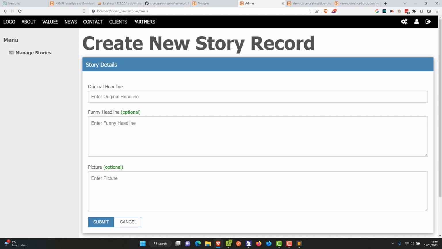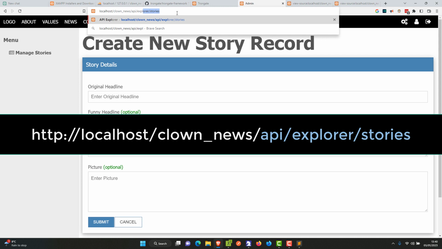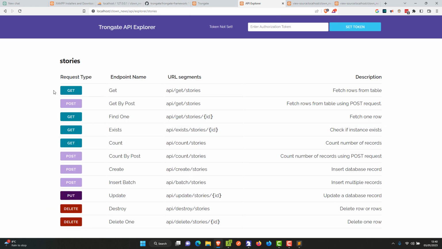Well, turns out you've already built one, because if you go to your website base URL, then API/explorer/stories, there you will find a whole bunch of API endpoints, and these were all created when you generated the